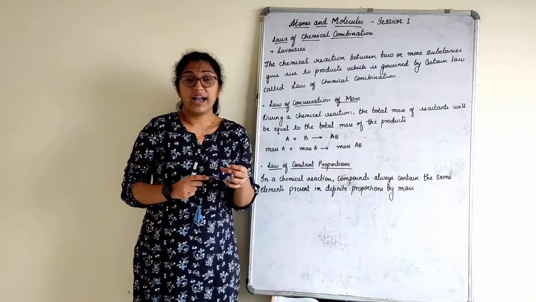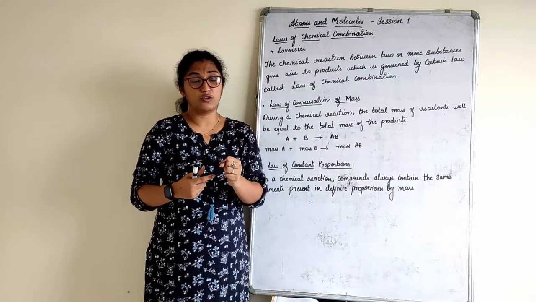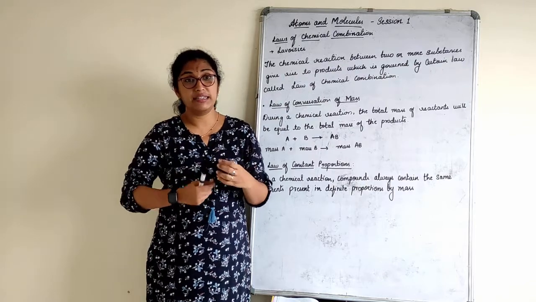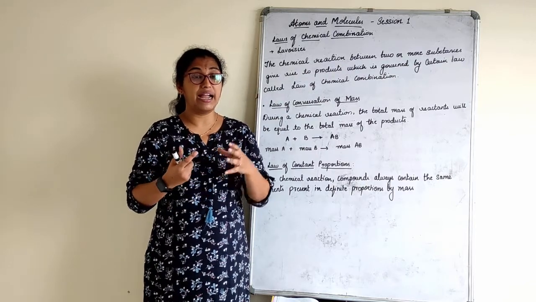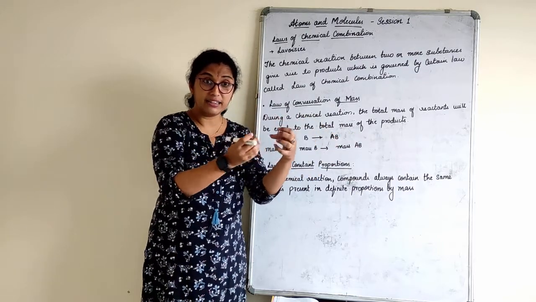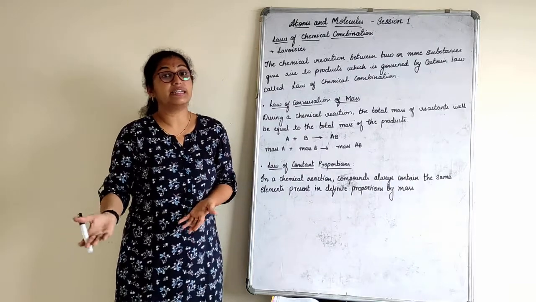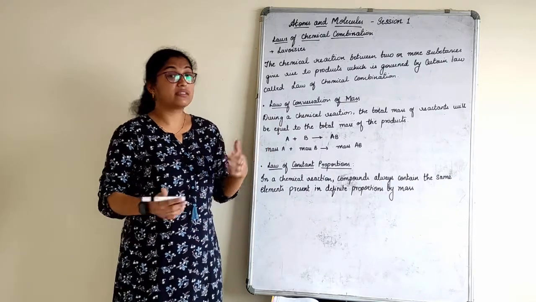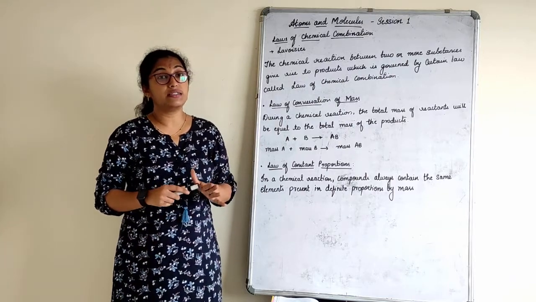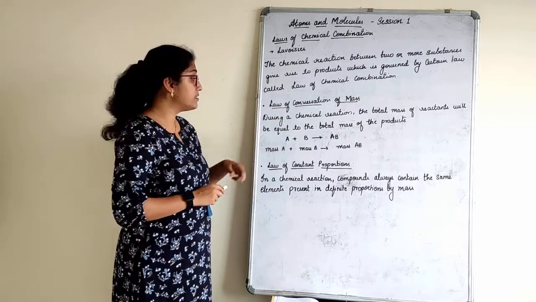Now, if I consider grams, I take so many grams of sugar, so many grams of salt, then water, a lemon, everything, when I put it together, however much quantity I added as the reactants, the product I am getting is equal to it. Definitely it has to be equal, right? That is covered by some laws. The first one here is the law of conservation of mass. What does the law of conservation of mass tell us?